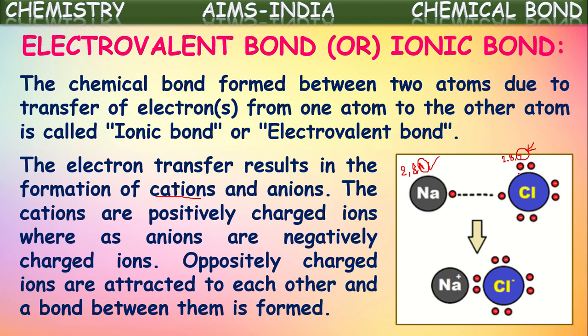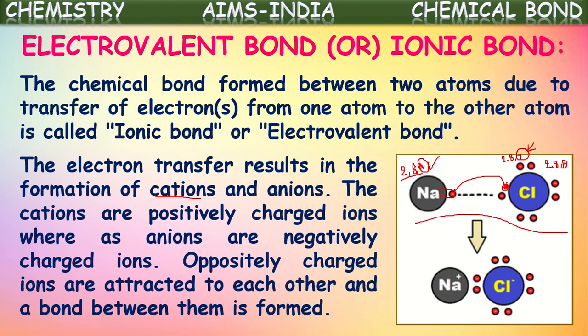So when sodium and chlorine approach each other, what happens? One is ready to lose one electron and the other is ready to gain that electron. Immediately, this transfer of electron occurs between these two elements. So the electron will be transferred from sodium to chlorine. Now sodium gets the nearest noble gas configuration, that is 2, 8, and at the same time chlorine will get the argon 2, 8, 8 configuration, because 8 electrons are now in the valence shell, isn't it?